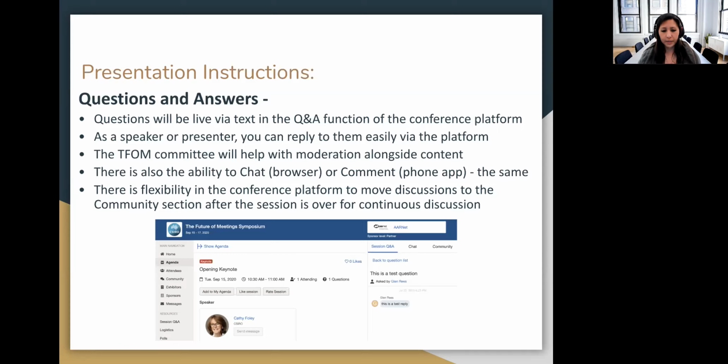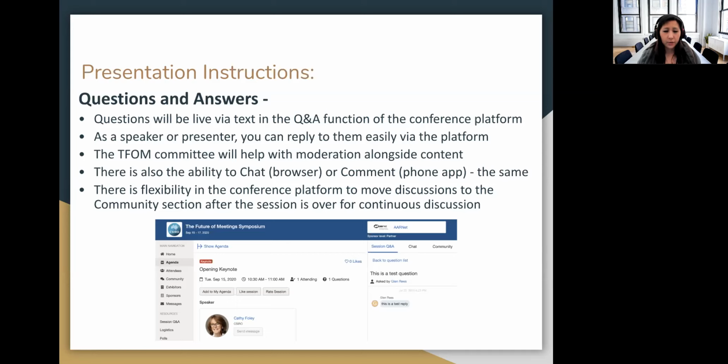The ones where a speaker replies do get that label of speaker replied. And that's because we tied the accounts of the speakers to the session, so that's how it knows. We will be helping with moderation. So there's obviously a few different things that we have to moderate as part of this. There's the technical part, like is it playing smoothly, but also the question and answers and the chat. So we'll be doing our best to keep up with that and just make sure everything's going smoothly there.